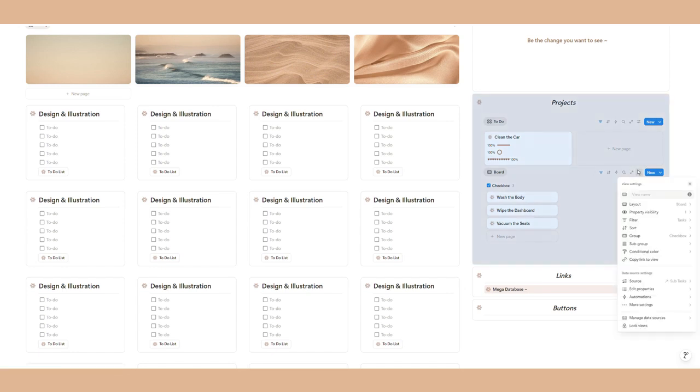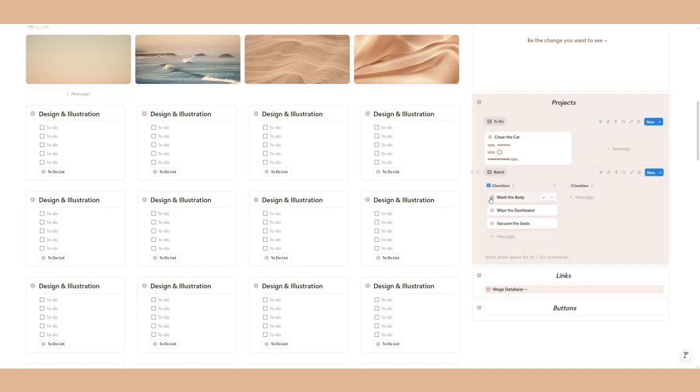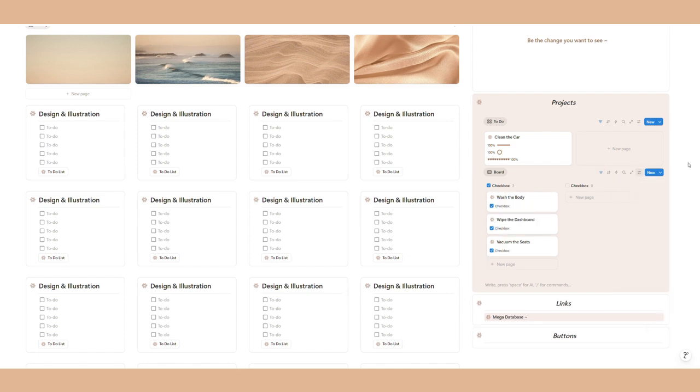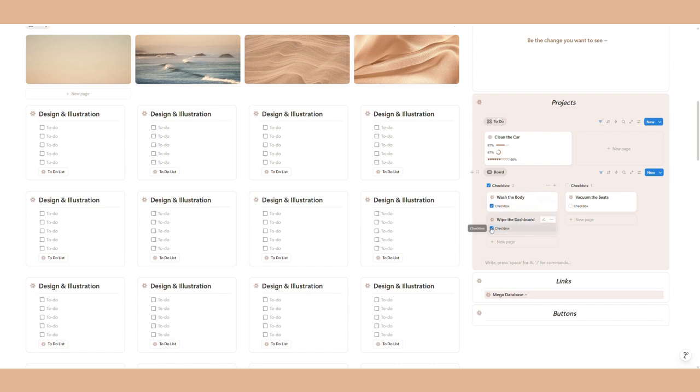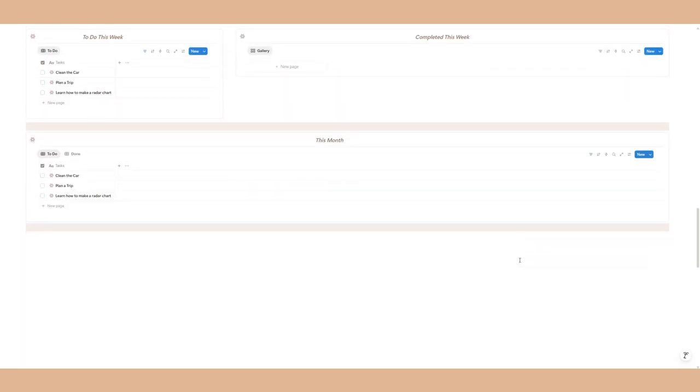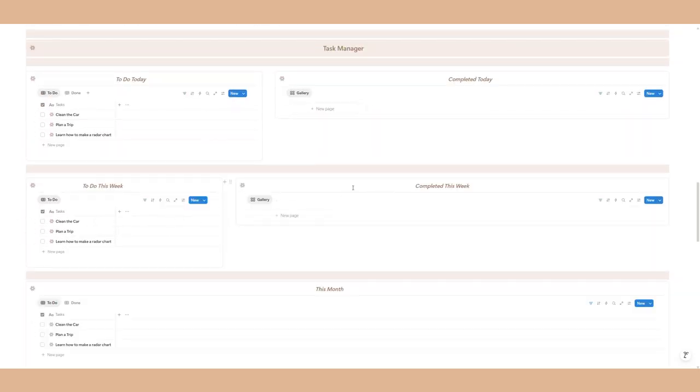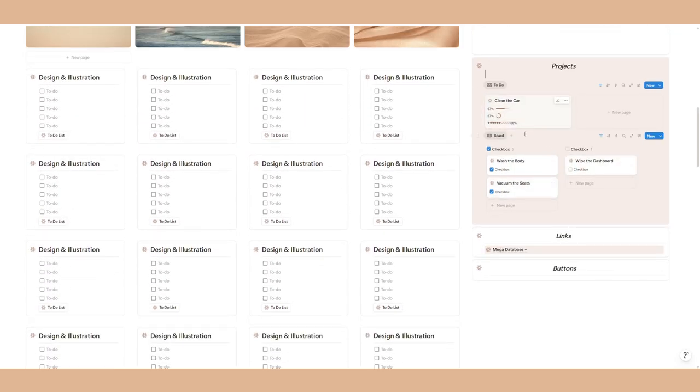And now in my subtasks database, I'm now changing that view to board, and I want it grouped by checkbox, and I needed the properties visible, I needed to tick off checkbox there, which I couldn't find at first, but then it ended up working out. So I needed to show my checkboxes in there. There we go. And each time I check one off, that will